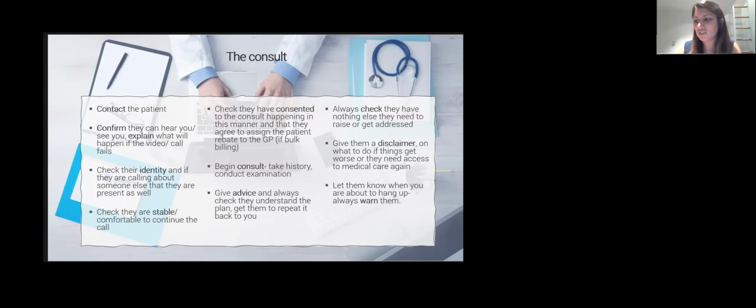But also making sure that the person they're calling on behalf of, or having the consult for, is actually in the room. You get a lot of patients where a parent will call you about their kid and the kid is actually not even in the house. And to me, that's not really a consult you can do. And it happens more often than you think, especially if you're doing it over the phone.